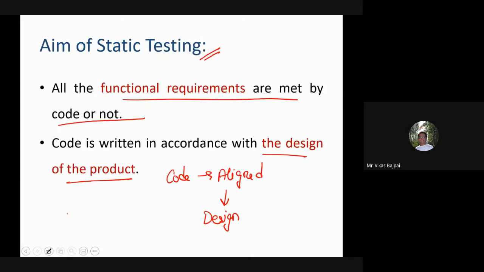We'll also see how well structured my piece of code is.